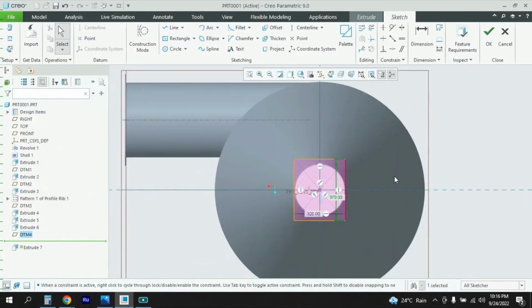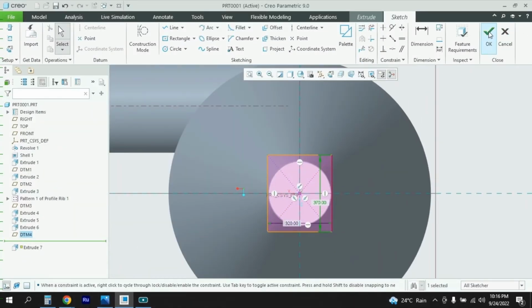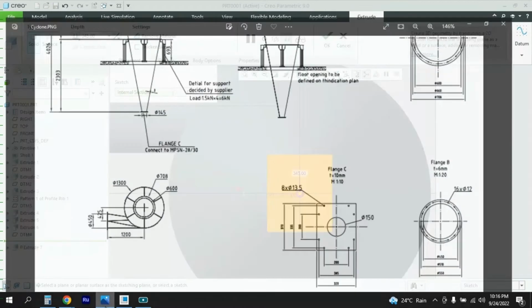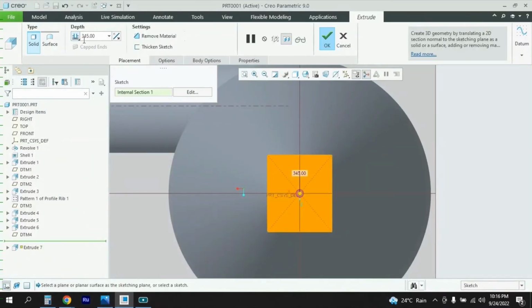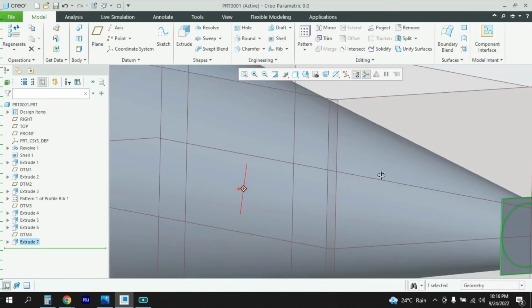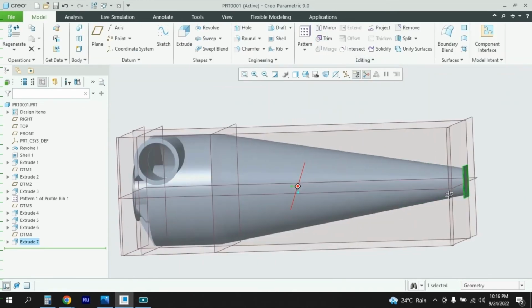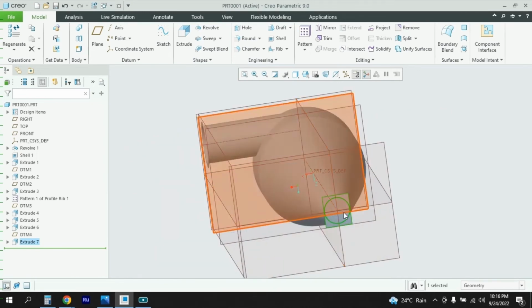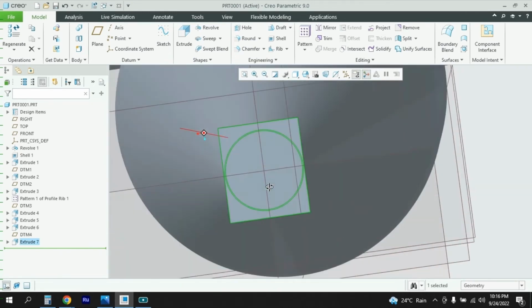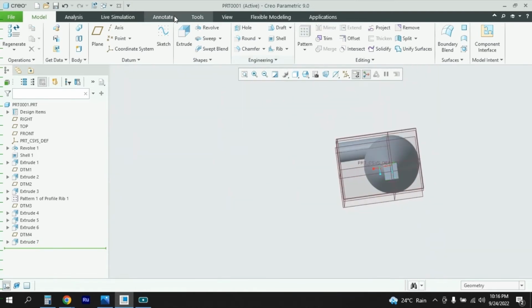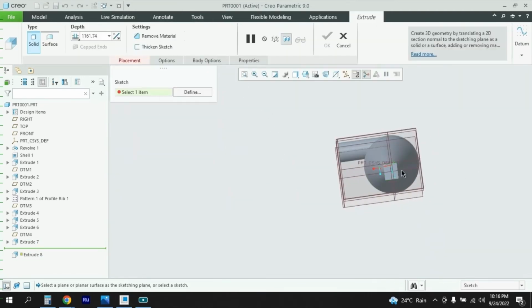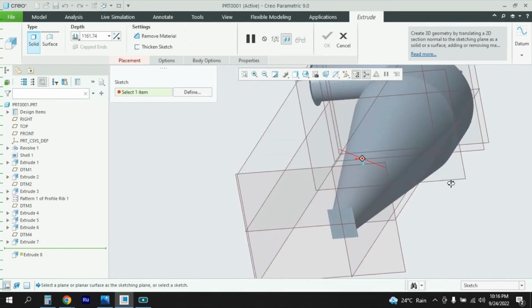Okay. So this is done now, and I will say okay. Again, the flange thickness I need to keep 10 millimeter. So this one I will keep 10, and thicken sheet we cannot use here, so we will keep it like this, and I will say okay. So you can see the flange is created, but I need to make a hole here because at the moment it is closed. So again I will go for extrude cut, and then I will choose the last plane, this one here,